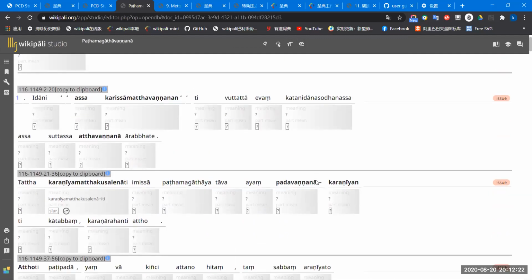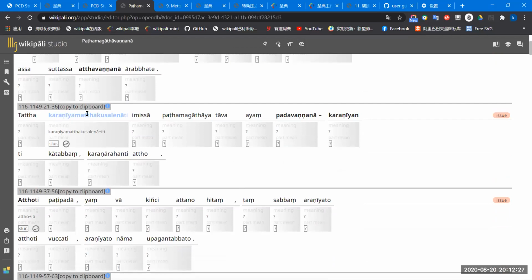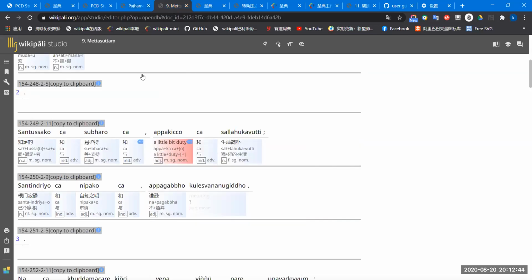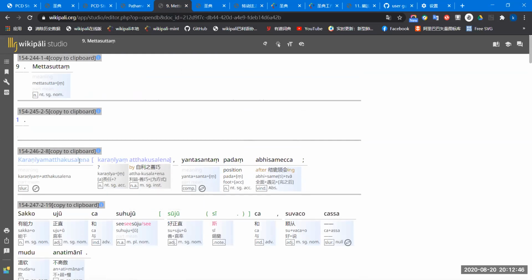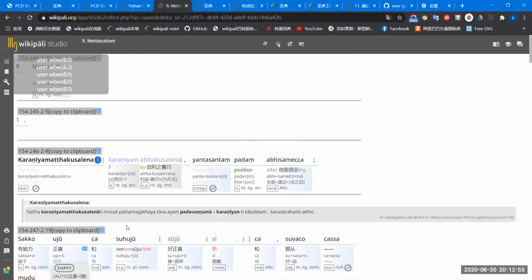Now here, this is the Atthakatha, and in the Atthakatha we can find the bold words and figure it out. And Kalaniyamanta Sutta, Kalaniyamanta Kusalena. Okay, we click this and find this word. Okay, we put, this is another function about notes. We put it inside the note as dropped. Okay, then we can see